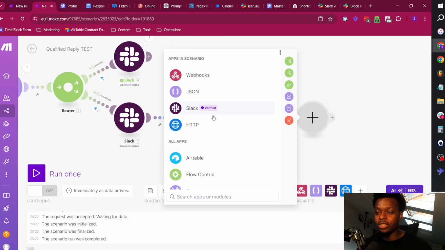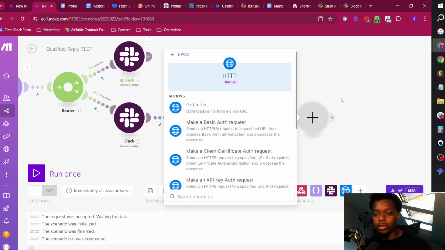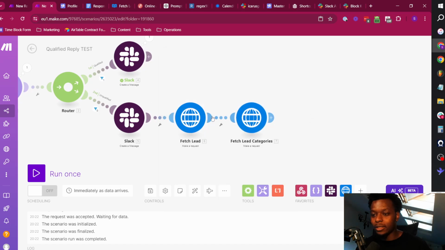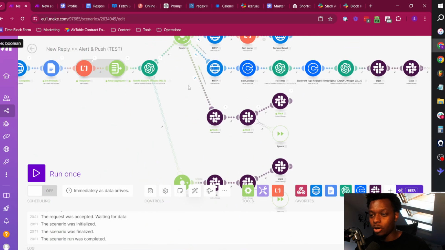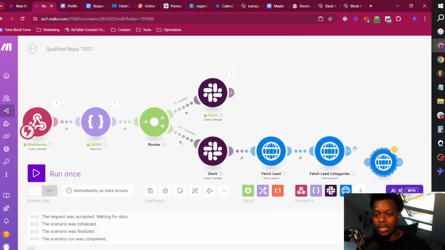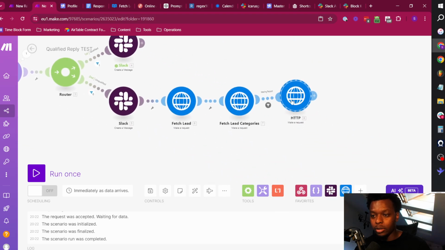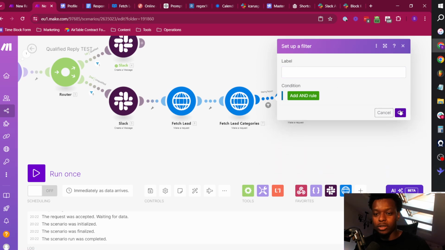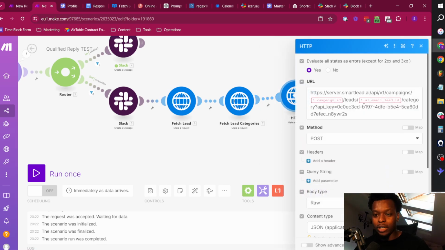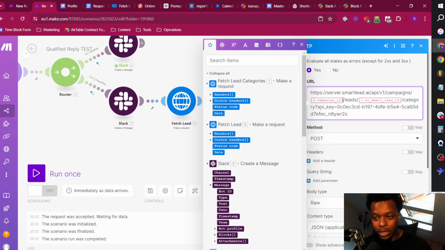And then we need to change the lead category again. So the fact that I did this manually is very dumb when I have this right in front of me here. So let me go in and copy one of these lead category modules and then paste it in here. So this one here, if we remove the filters because it came from something that had filters, we can go back in,